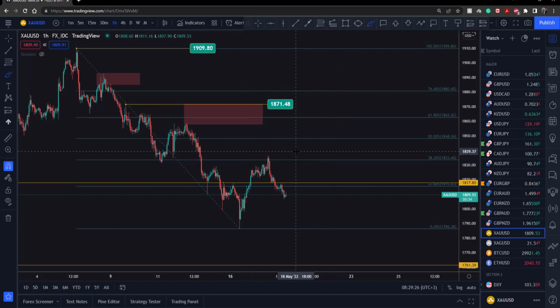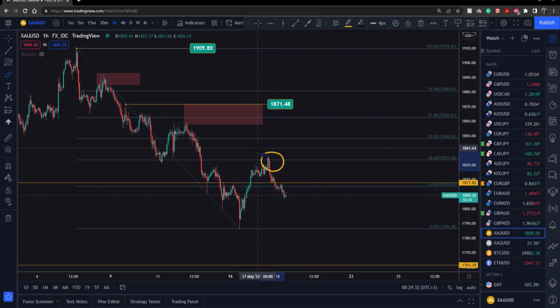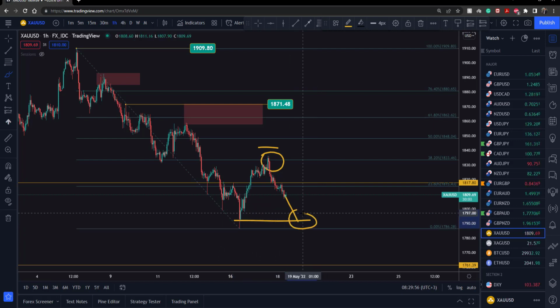Okay, now something else, if you've entered on this last pullback right here and you've placed your stop loss just above the reversal, I would say the same thing. Make sure to move your stop loss to break even, and then watch out if price will continue lower or it will come and retest that previous low right here. And as soon as you see some type of a reversal signal, so for example, a long rejection wick candle or maybe an engulfing candle down here, anything like this, I would say close this trade,